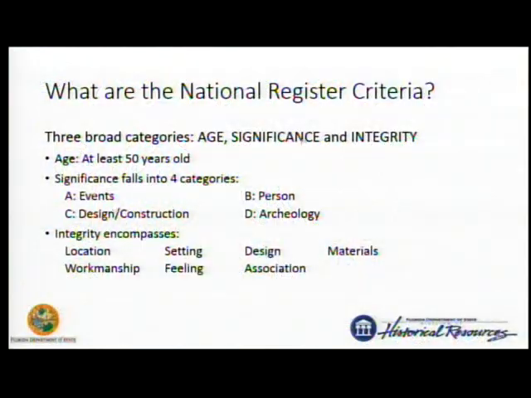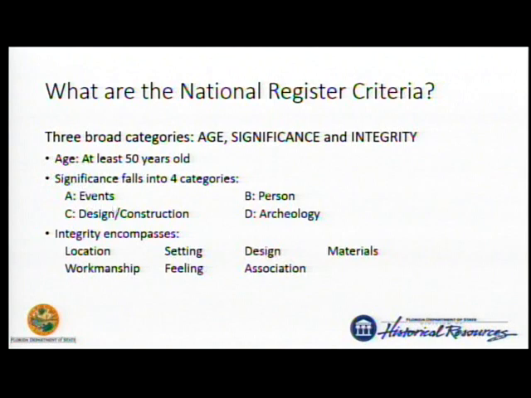So National Register covers a wide variety of resources. We use 3 major criteria to evaluate properties to see if they're eligible for listing in the National Register. We're looking at age, primarily properties that are at least 50 years of age or older. We use 50 years as kind of an arbitrary cutoff to allow time to pass for historic context to develop, to kind of reduce the amount of emotion that may be tied to certain